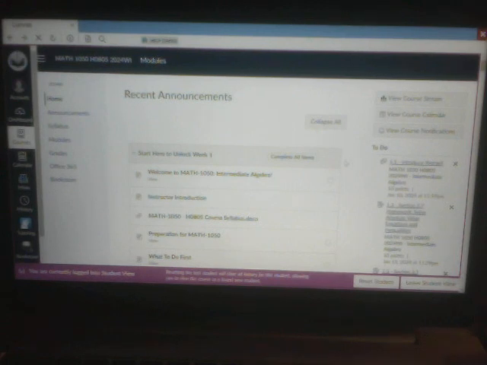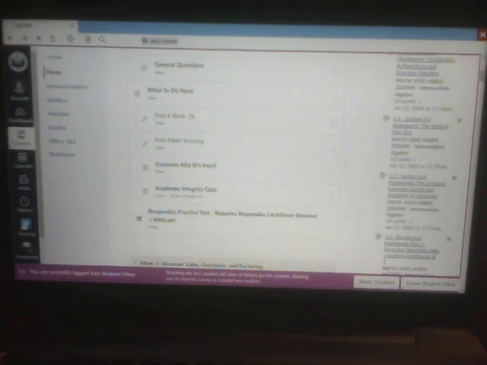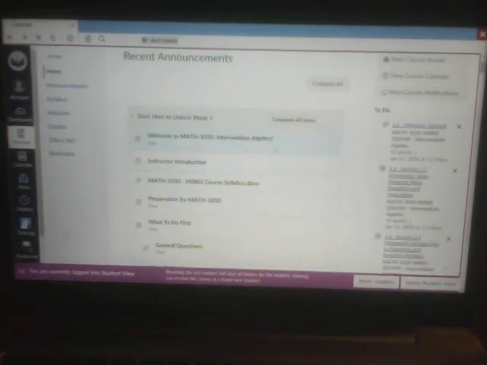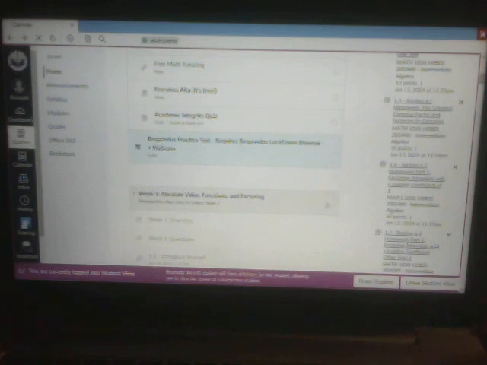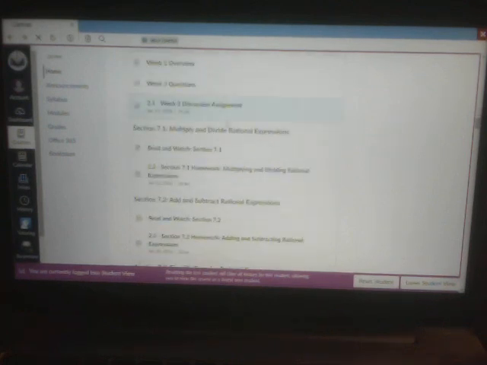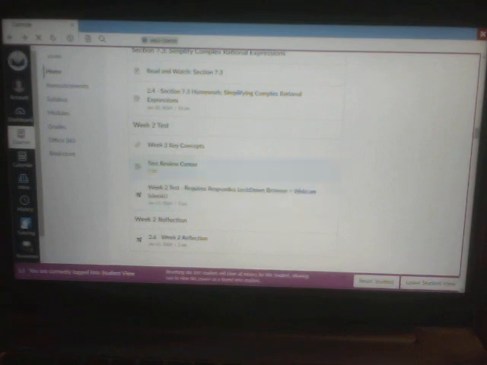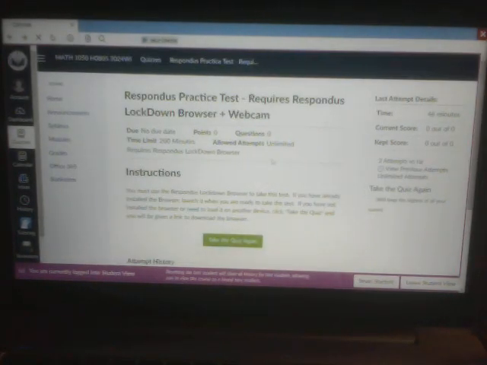So in this particular case we're going to do the practice test, which is in the first module here, the Start Here to Unlock Week 1 module. So we're going to click on this test, but this would be true for all of your tests. So at the end of Week 1 you'll see a test. It's grayed out because I haven't gone through all the stuff yet, but it'd be right here. And then Week 2 would have one as well. There's Week 2, right? So we're going to take the practice test, I should say,